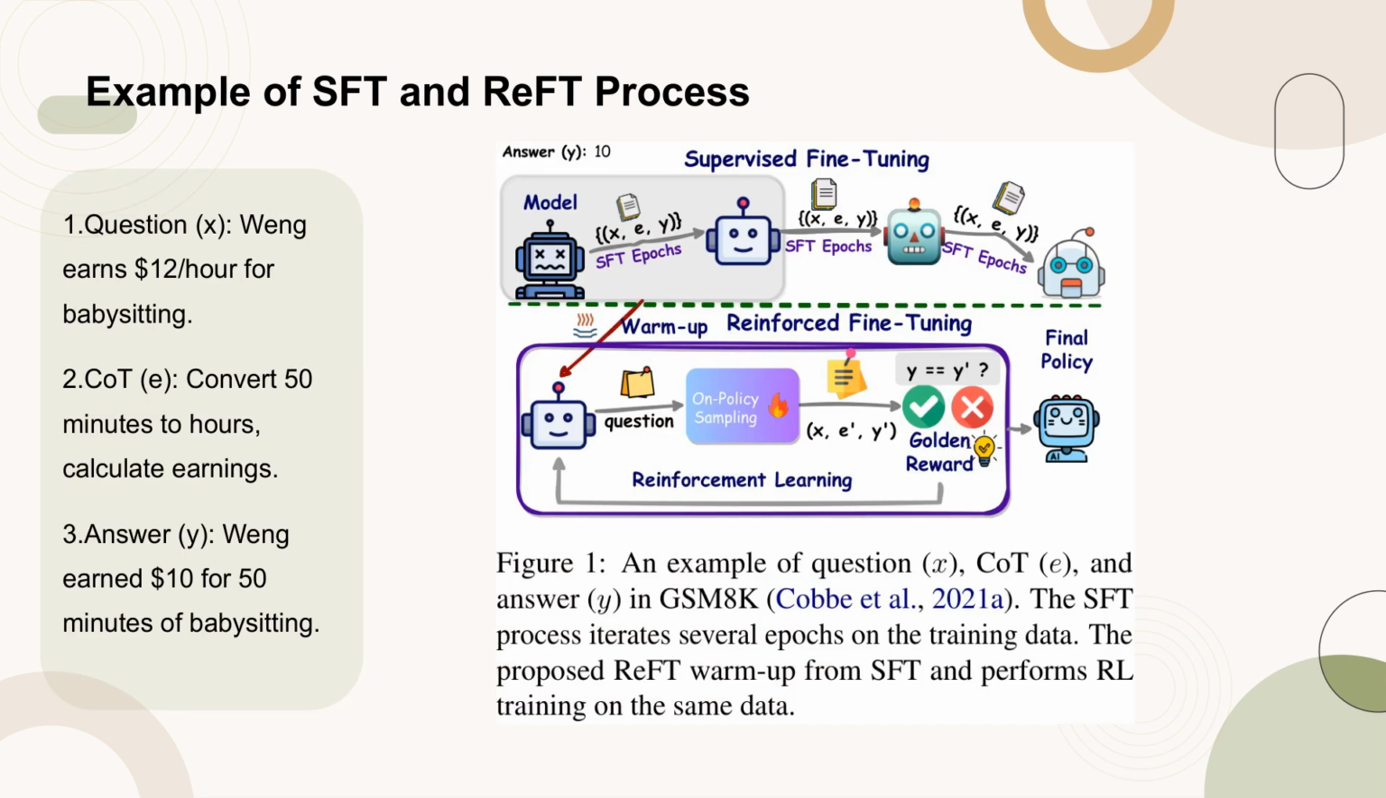Figure 1 illustrates an example of a question, its chain of thought, COT, annotation, and the answer from the GSM-8K dataset. The SFT process involves iterating over the training data for several epochs. The ReFT process begins with a warm-up phase using SFT and then employs reinforcement learning on the same data. This example shows how Wang's earnings are calculated by converting the time worked from minutes to hours and then multiplying